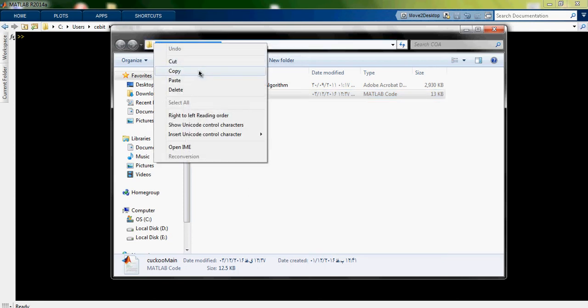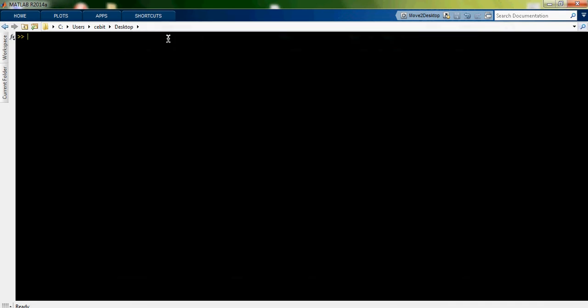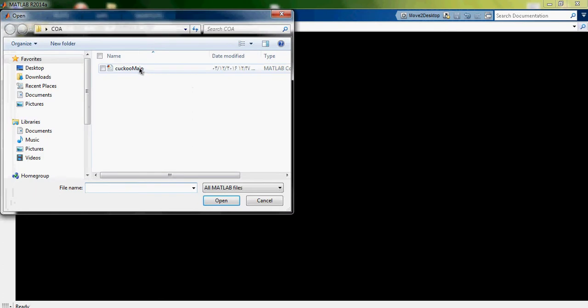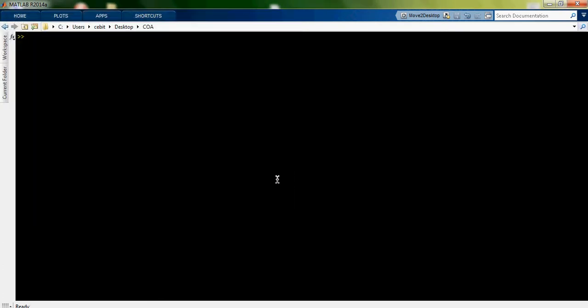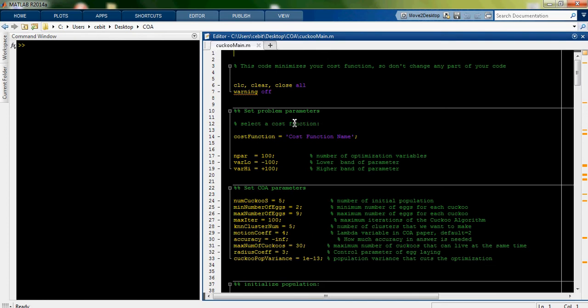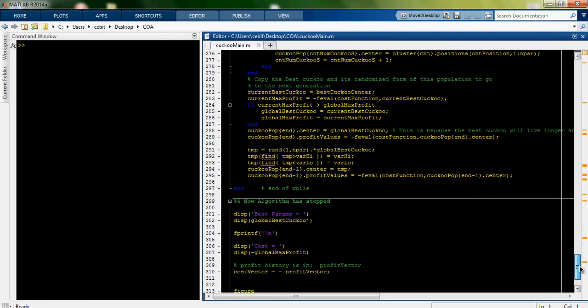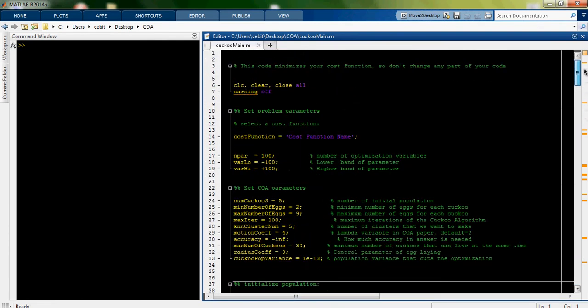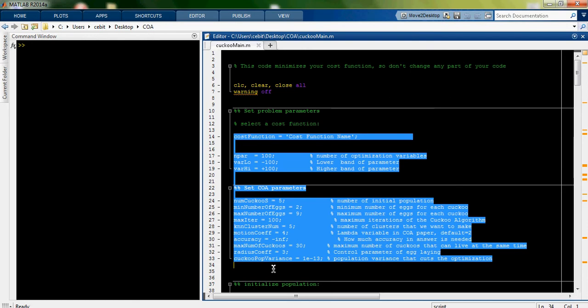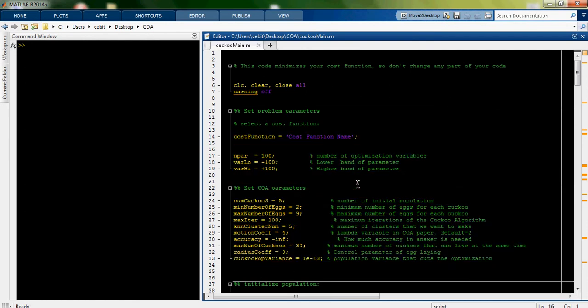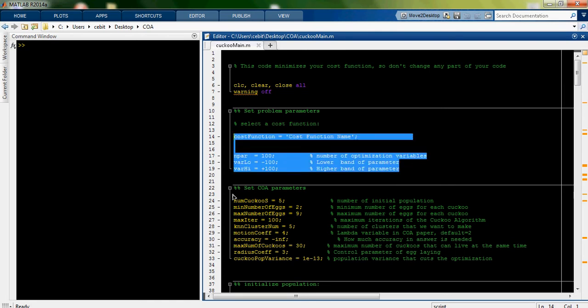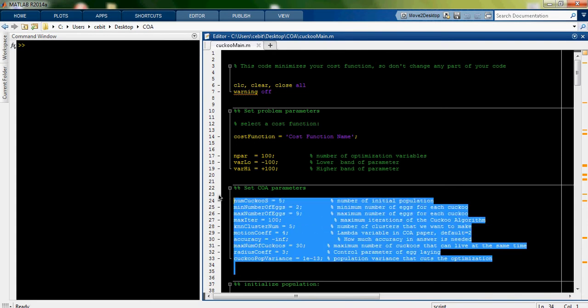First of all, we have to copy the folder path to the current directory of MATLAB and then open the Cuckoo main M file. Okay. From this many lines of code here, you just need this part. Okay, this part consists of some parameters for your problem and some parameters to get the best results out of